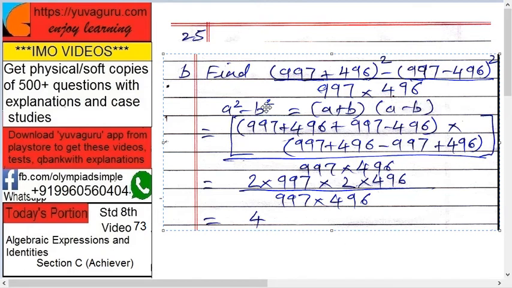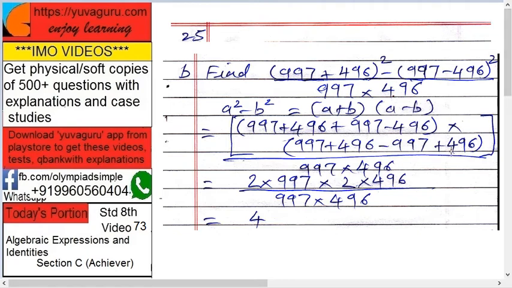Or the best, easier way is a² − b² = (a + b)(a − b). Now take this whole as a and this whole as b. Therefore it becomes (a + b)(a − b). So (997 + 496 + 997 − 496) into (a − b). Now this 997 + 496 as it is, minus 997 plus 496, because of the minus sign the inner signs